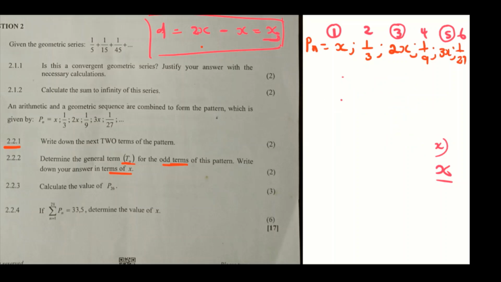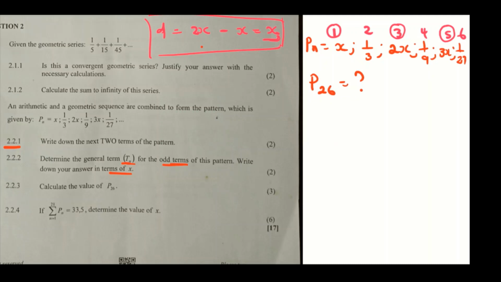2.2.3 says calculate the value of P of 26. The fact that they said P of 26, and 26 is an even number, should give you a bit of a hint. P of 26, we are looking for that. So to be able to find P of 26,